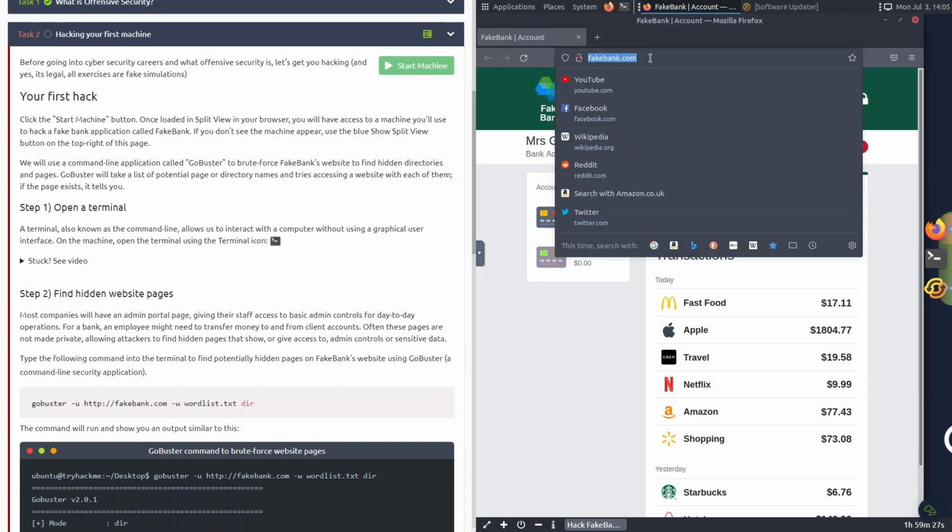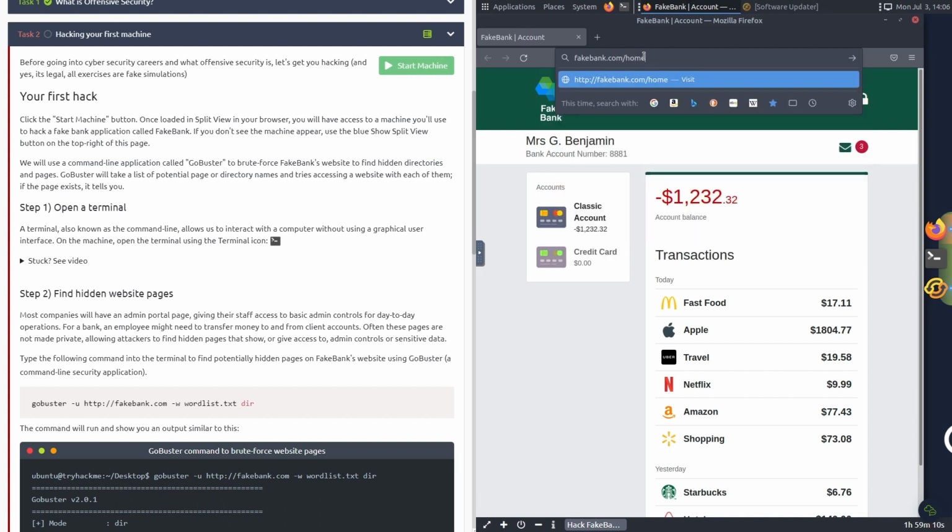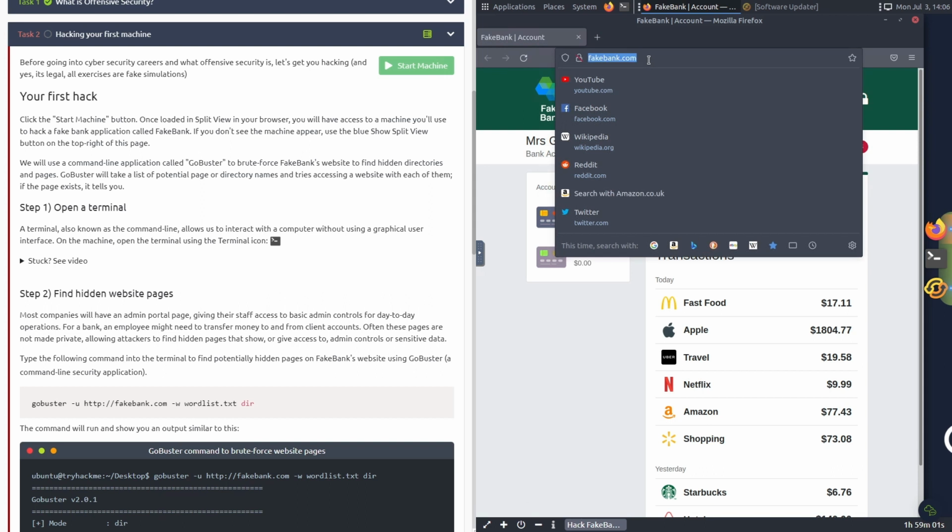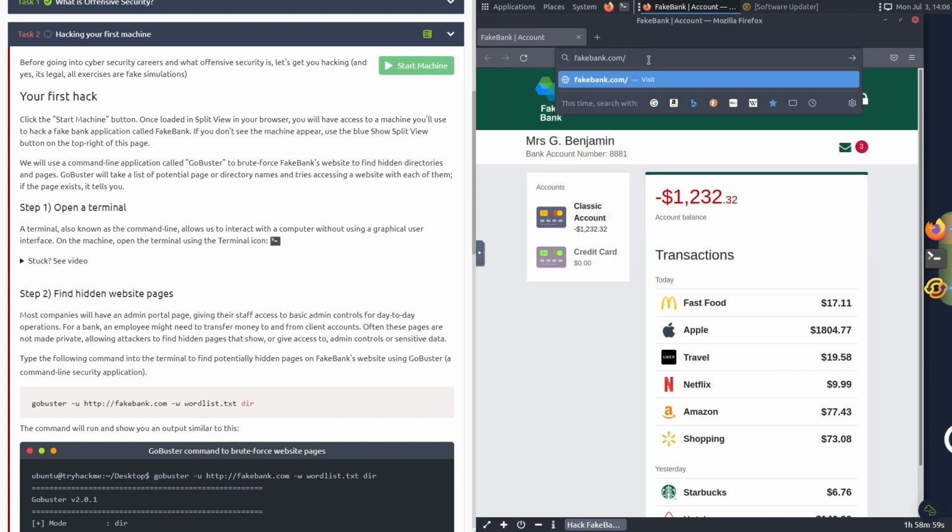So to describe what those directories are, looking at the URL of this page, this is fakebank.com. This is where you'd log on to your actual bank's website by typing it in. When it's talking about directories, it's talking about this extension stuff on the end. So if I type /home, and say there was a home page of the bank, I don't know if I click it, I think it just takes me back to this page. But say there's a home page to the bank, if I type home in,